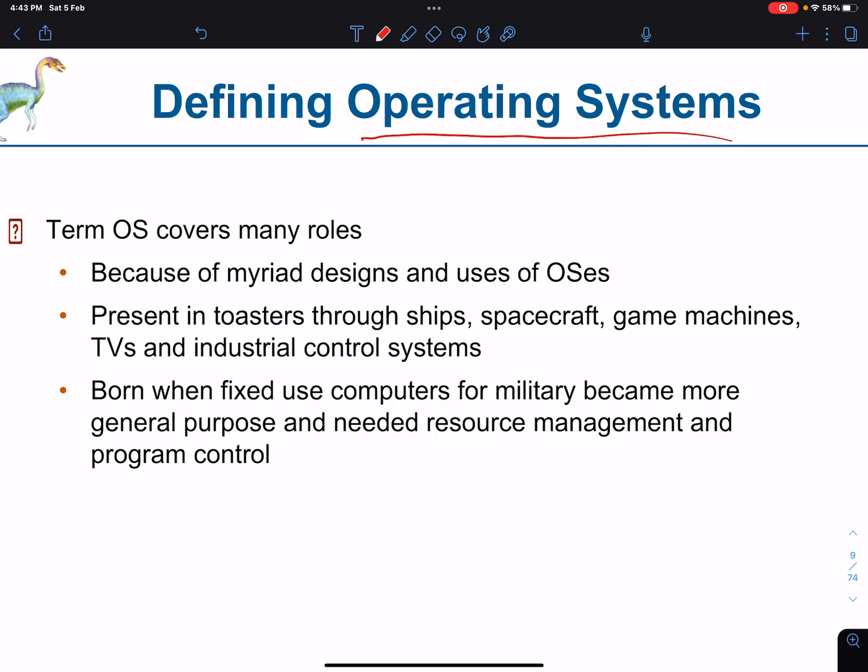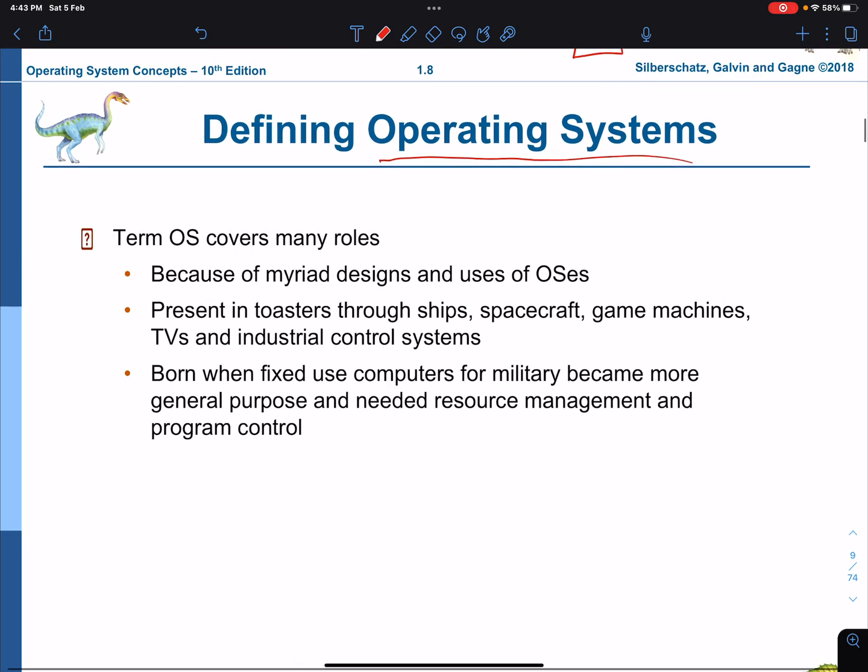If you look at artificial intelligence as an example, you will not find a unique definition for it. If you look at smart city as an example, you will not find a unique definition for it. Same with operating systems. Even though operating systems are much, much older, yet we don't have a unique one for what an operating system is.